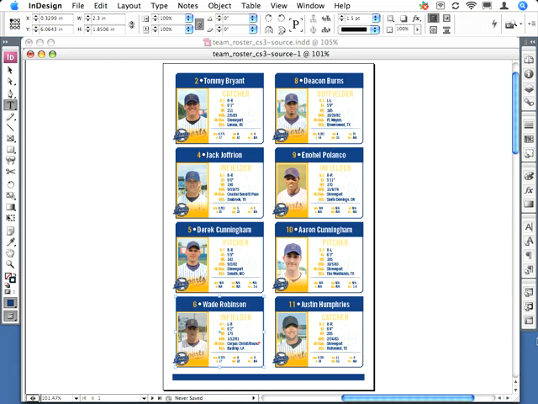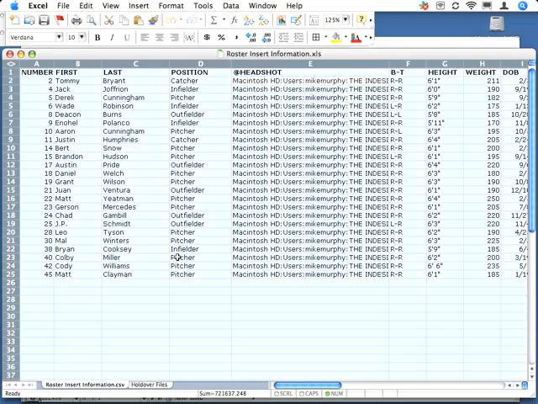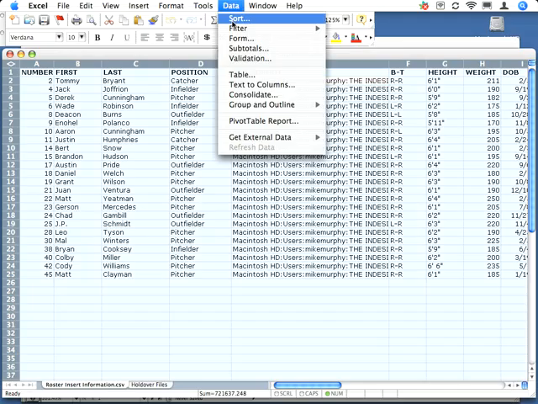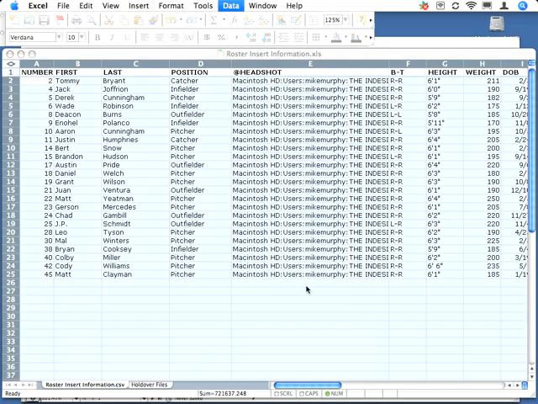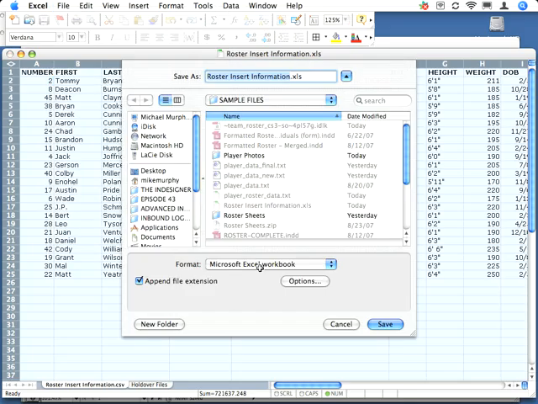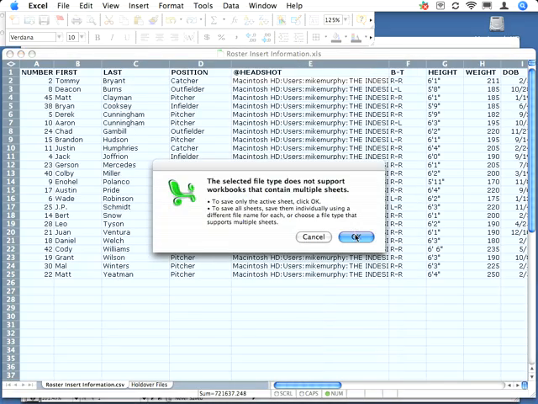The great thing about data-driven layout is how easily you can adapt to changes. Suppose Colin needed to do a version that was in player name order. It's as easy as going back to the Excel spreadsheet, selecting all, choosing Data, Sort by Last in ascending order, saving the file as a tab-delimited file with the same name, which replaces the original, clicking through these annoying dialog boxes again,